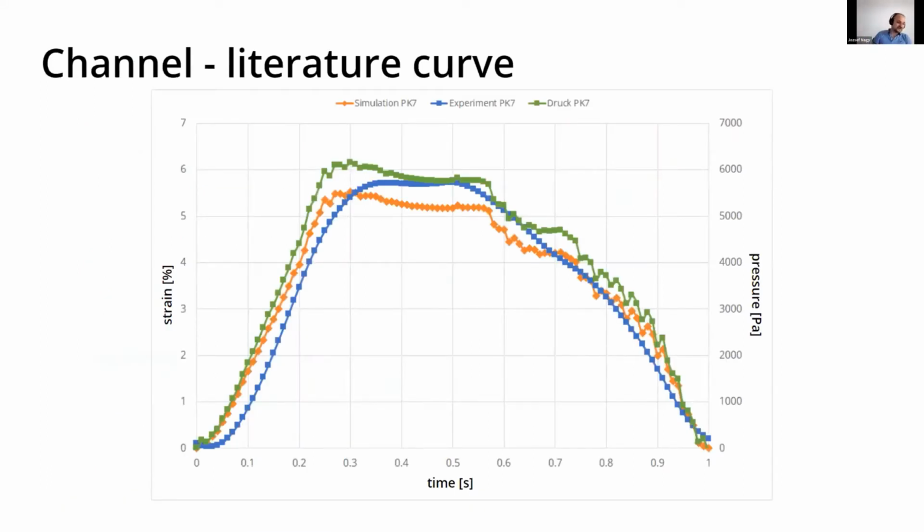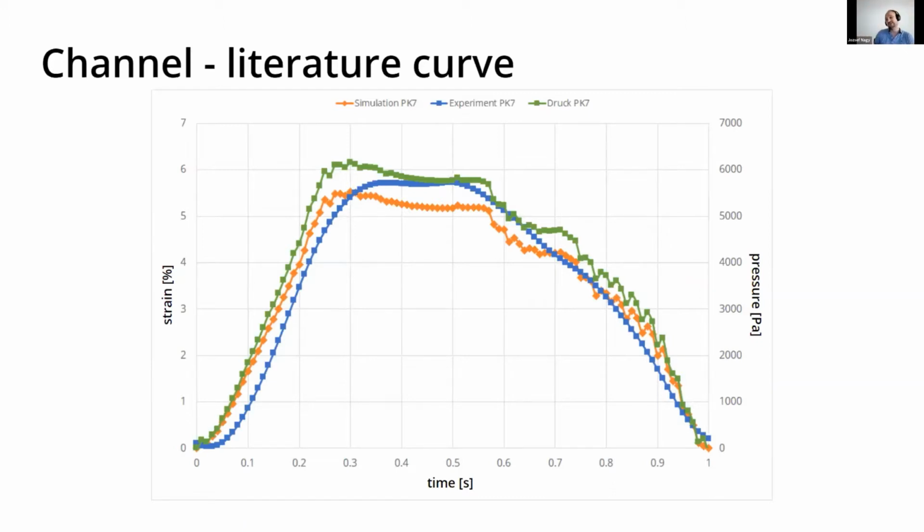And here, what you can see are the results of the validation. On the left-hand side, you see the strain of the blood vessel. The blue curve is the strain in the experiment. The orange curve is the strain in the simulation. And on the right y-axis, you can see the pressure in the experiment. The green curve is the pressure in the experiment, and you can see that the strain in the simulation